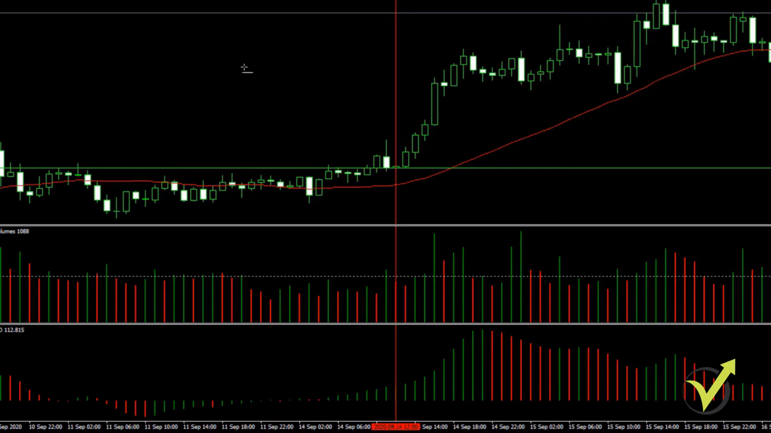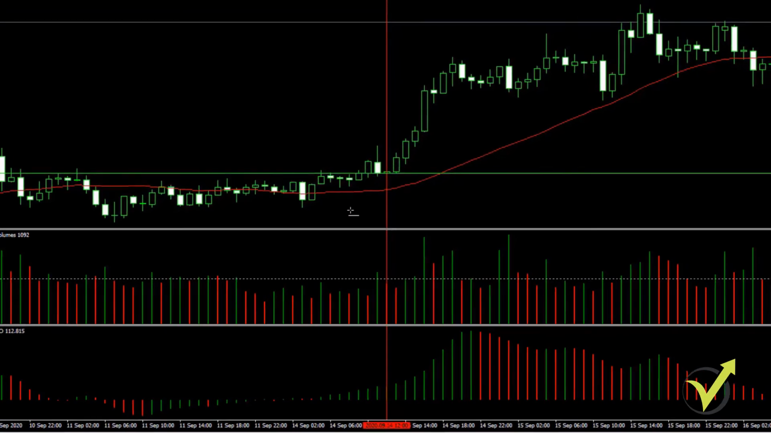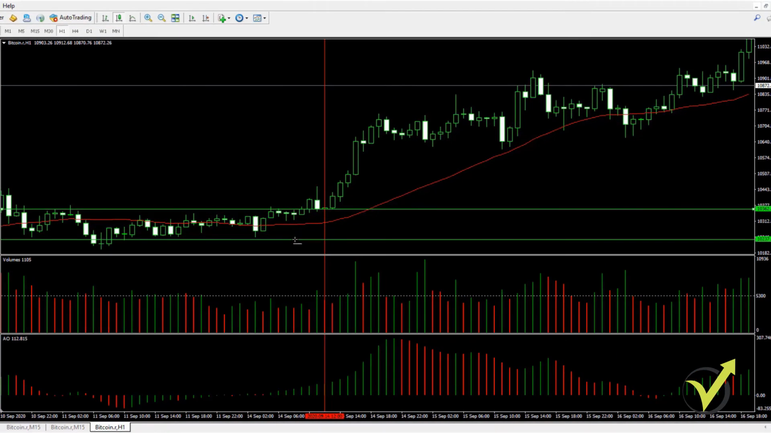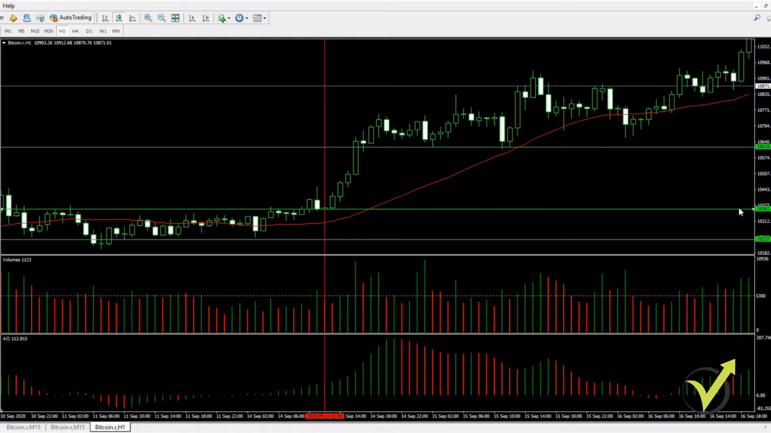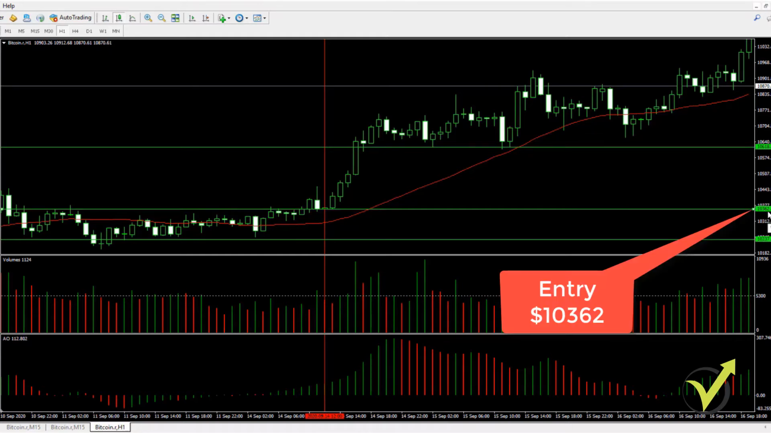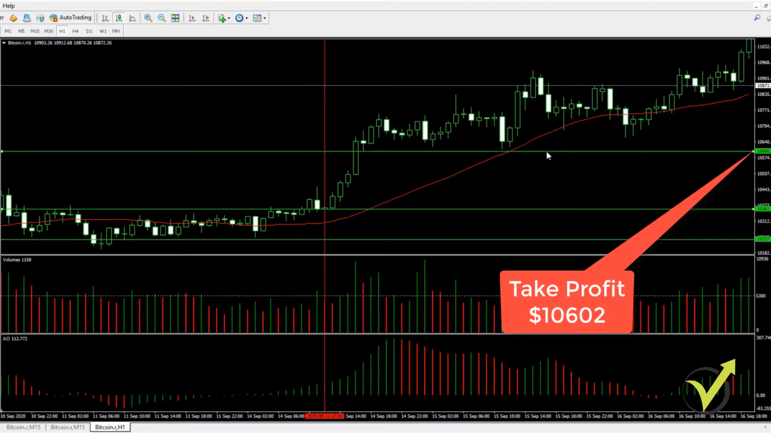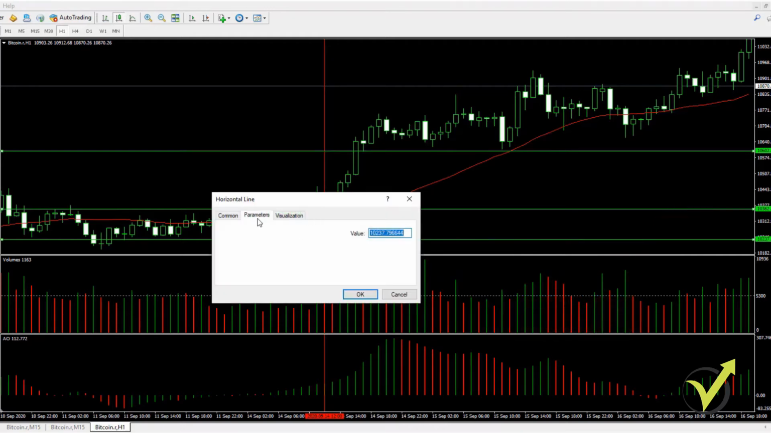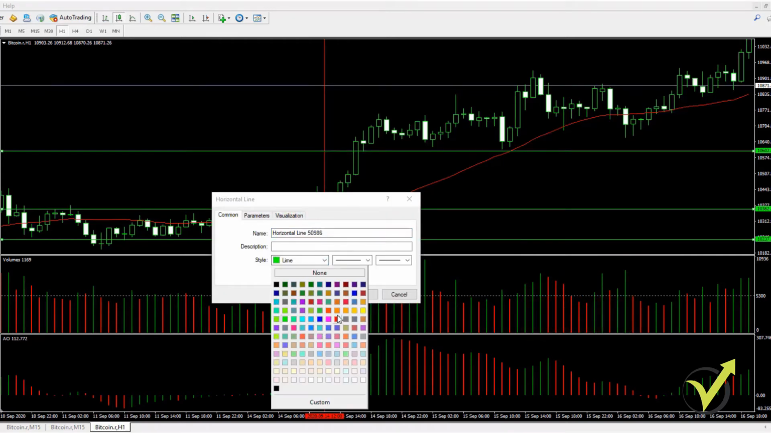For this strategy, we have a stop loss of $215 and a take profit of $240. Let me put the lines exactly. The entry is 10,362, take profit of 240, which will make it 10,602. Okay, somewhere here. And then we have a stop loss, so let me make the stop loss red,